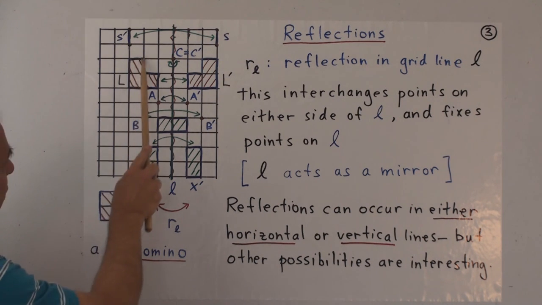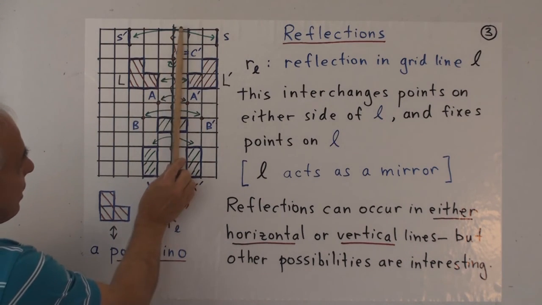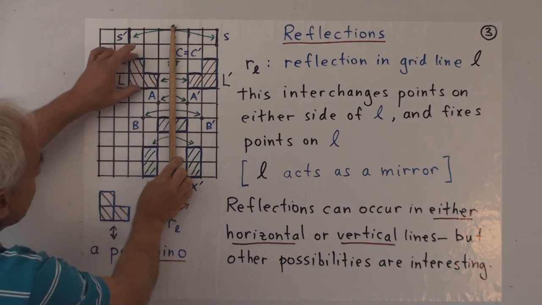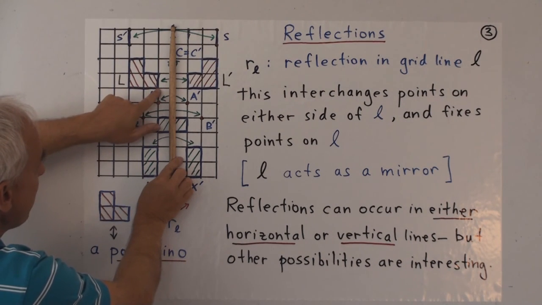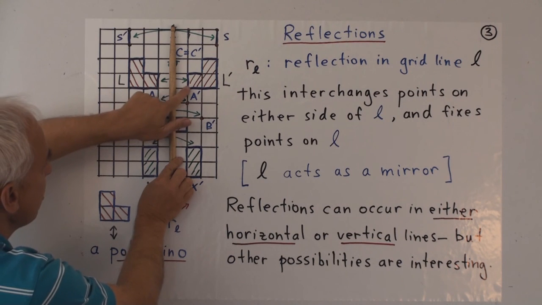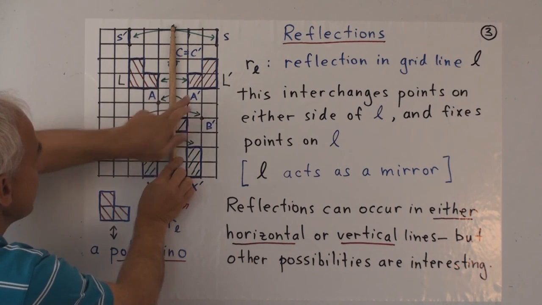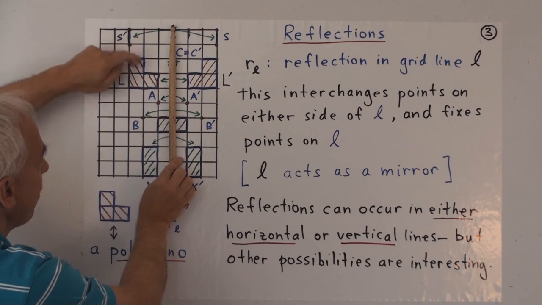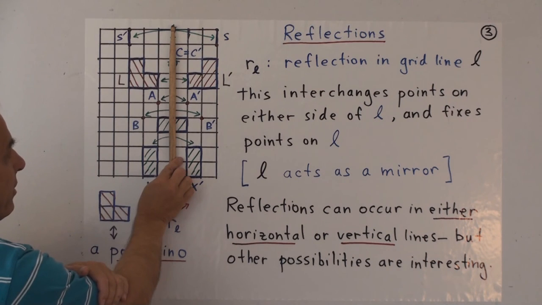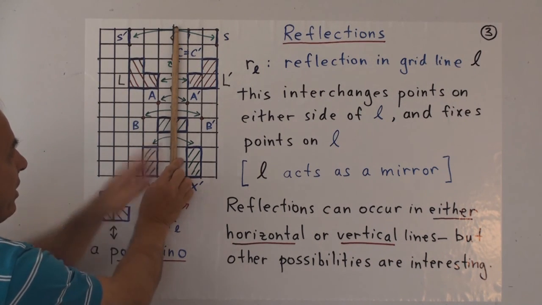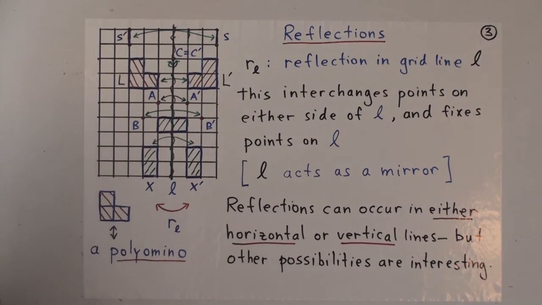So there's one called L, and there's another one called L prime, and I hope you can see that the reflection of L is L prime. Now you can see that by just going one point at a time. That corner there has to go to there, that corner there has to go there, so that line there has to go there, and similarly you can follow around what happens to the whole boundary. It gets mapped to that one there. So reflection in L interchanges this polyomino with this polyomino.